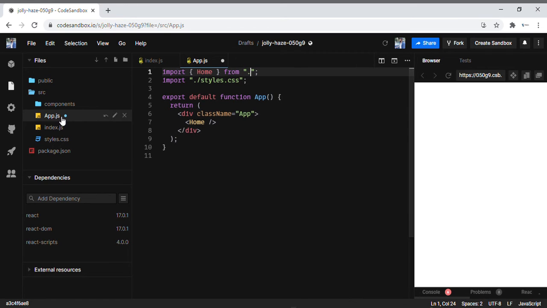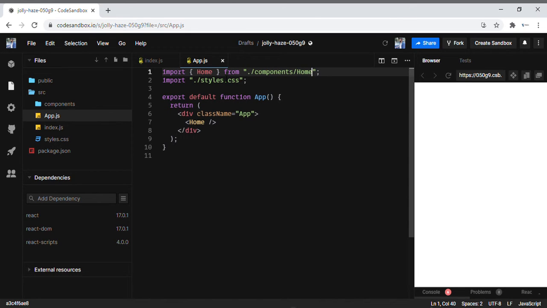What if this is in some other folder? Here we are using a folder at the same level, so we are giving dot. After that you have to put a slash. See, it will automatically show components. If you see, it got components. Okay, next slash. If you put slash, it will show whatever is inside this folder. So if you see, inside that, home is there. Okay, home. So this is how you can import manually.